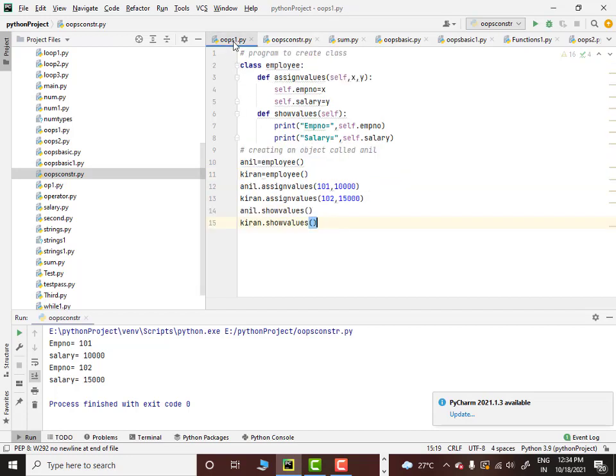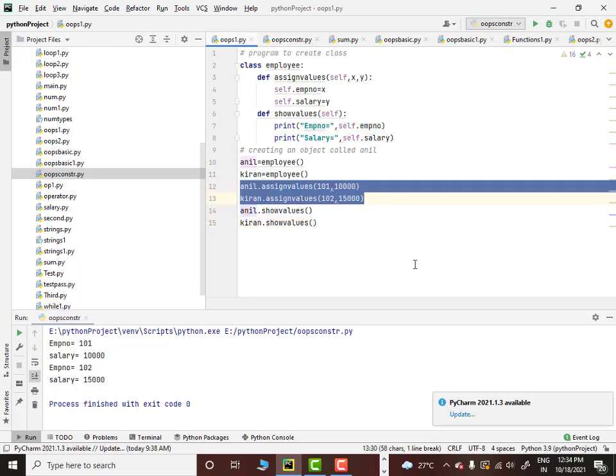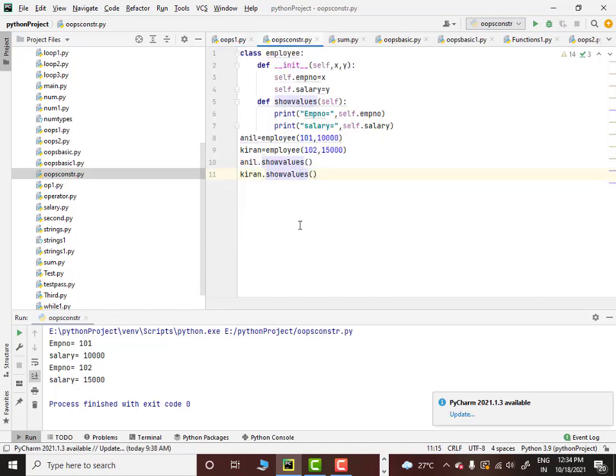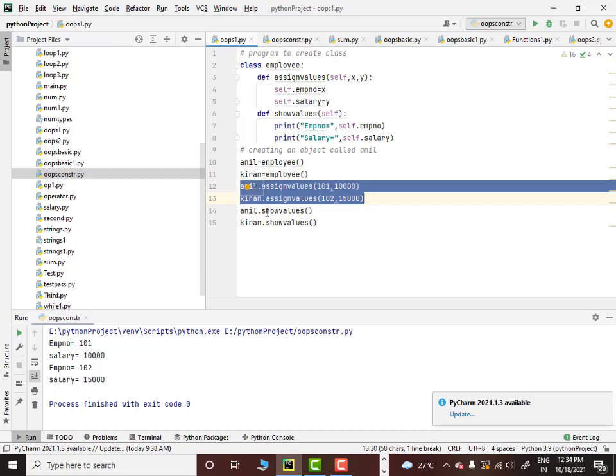Now you can see that you have cut short the code. See these two lines you have cut short. Every time you should understand why constructors came into the picture, because it is going to improve the code efficiency. You are cutting short the code, which means constructors will also help you reduce the execution time of the program. In this case there are only two objects, Anil and Kiran. Suppose there are 100 objects, then for all 100 objects you would need the assign values method. That means 100 extra function calls. Just imagine how much CPU time will be taken.